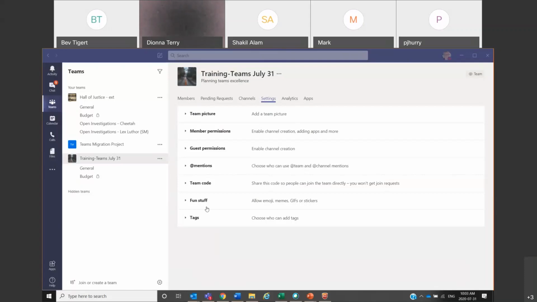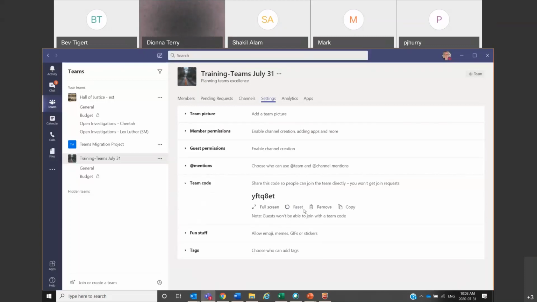So again, when you are creating teams, the last thing you want to do is add the people, right? We kind of went out of sequence here. After you create your team and maybe your channels, you want to go in there and make sure that you have your settings all set up before you start inviting people. And if you have a large group, again, you just go to team codes and generate. Okay, you can see I just reset that for those that are looking. Are we good to go?